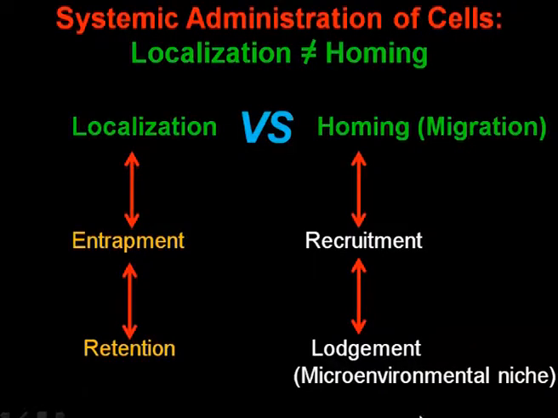I want to point out, importantly, the difference between the localization of a cell and the homing of a cell. Localization is not homing. Localization is the process by which a cell is injected into the bloodstream and gets trapped in a particular blood vessel or endothelial bed. It's gotten there by retention, not by an active process where the cell actively sought or was directed to get to that tissue site. On the other hand, homing, which is truly migration of the cell, is an active process where the cell is recruited to the tissue of interest and it's lodged there. By physiologic mechanisms, the cell transmigrates the endothelium and moves partitions within the microenvironment of the tissue to where it